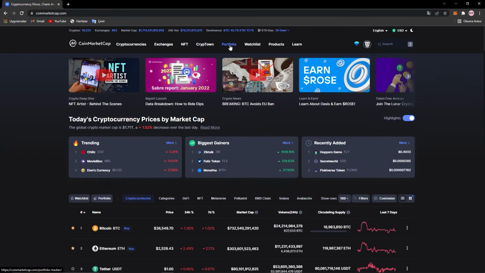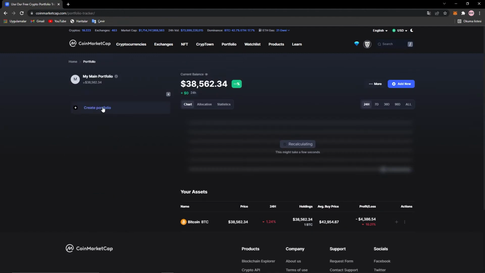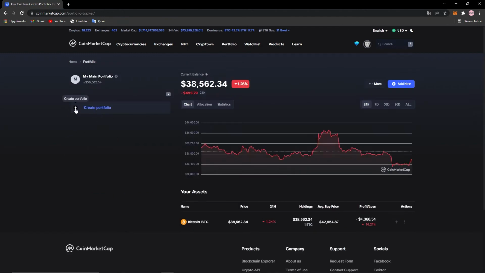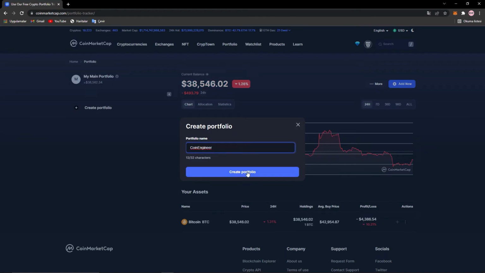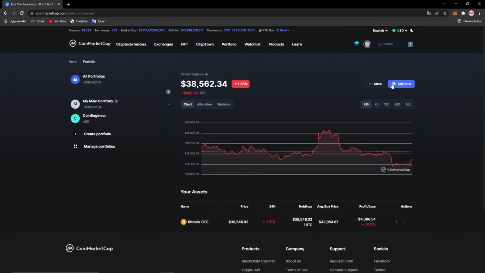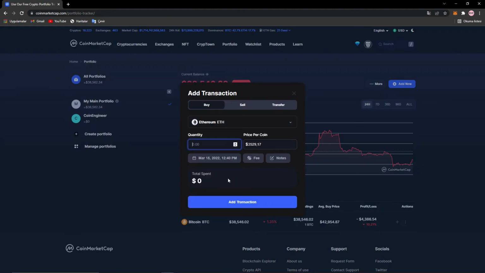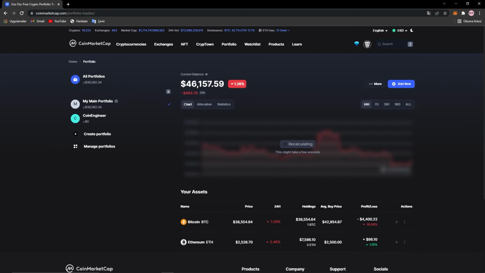Now let's continue with portfolio. As you see, we can create our portfolio and we can add different information. Let's name it our channel and let's create our portfolio. So we can add new coins and new projects at the top right of our screen, as you see, when we click on this button. For example, let's add Ethereum, and we will add at which price and how many Ethereums we bought. So for example, let's choose $2,500 and let's say we bought 3. So it shows us how much money was spent on Ethereum, and when we add the transaction, you see it shows my portfolio as